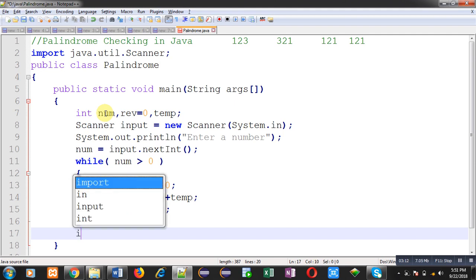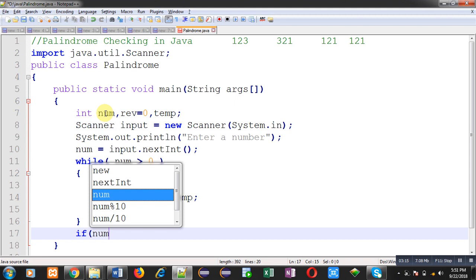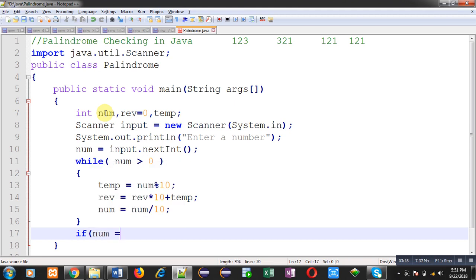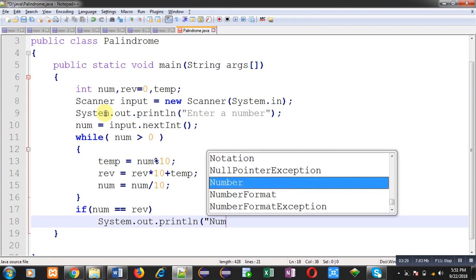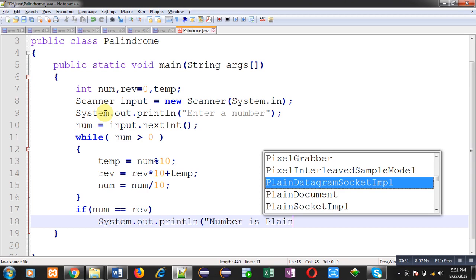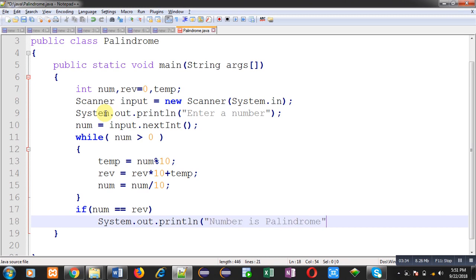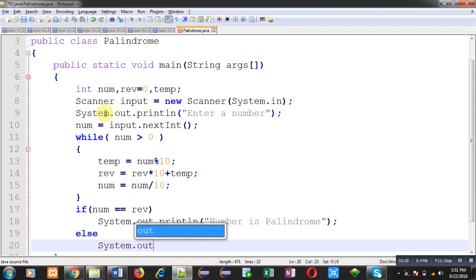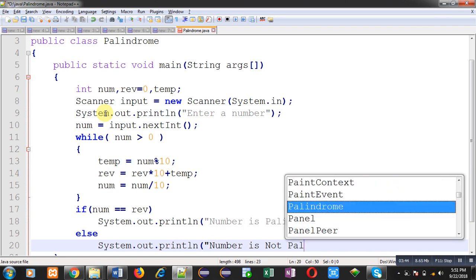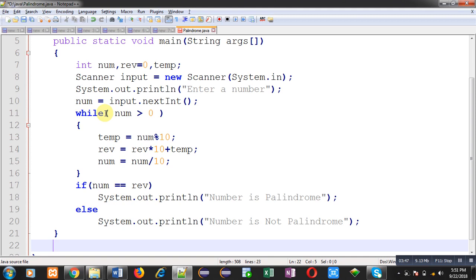After completion of this loop, I can compare num with reverse. So if both the values are equal, then I can print the message, number is palindrome. If this condition is false, then number is not palindrome. So this way I have implemented the complete logic in front of you, but there is a minor